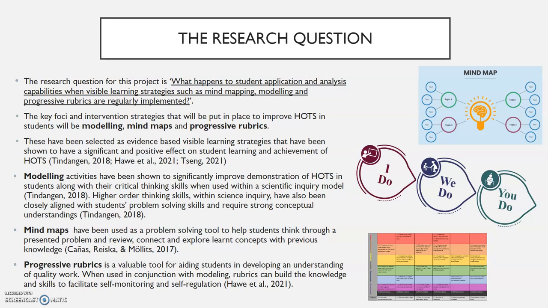The research question for this project is: what happens to student application and analysis capabilities when visible learning strategies such as mind mapping, modelling, and progressive rubrics are regularly implemented? The key focus for the intervention strategies put in place was to improve higher order thinking skills in students. Modelling activities have been shown to significantly improve